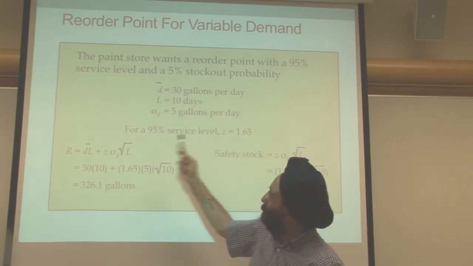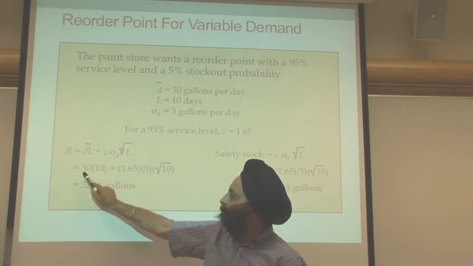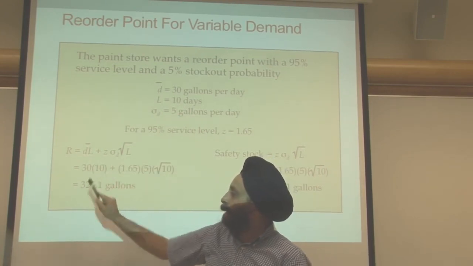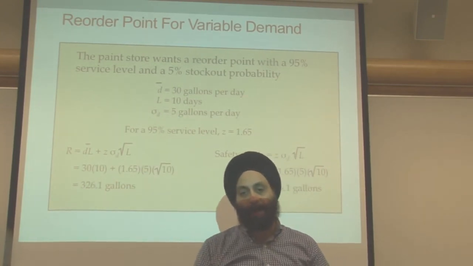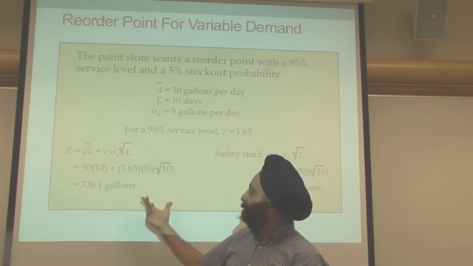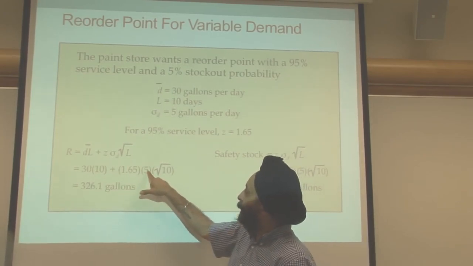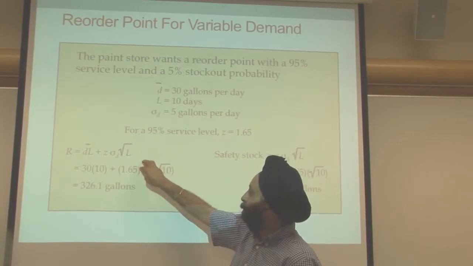Plugging that into the formula, you have 30 gallons times 10 days, which is 300 gallons of anticipated demand. Plus you need some safety stock, which is 1.65 times 5 gallons per day, the standard deviation of